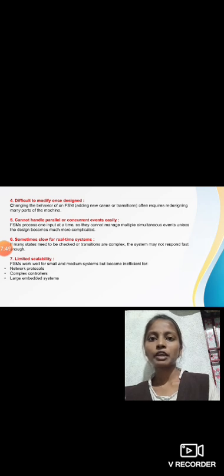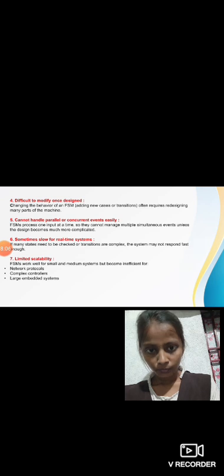Changing the behavior of an FSM often requires redesigning many parts of the machine. It cannot handle parallel or concurrent events easily. FSMs process one input at a time, so they cannot manage multiple